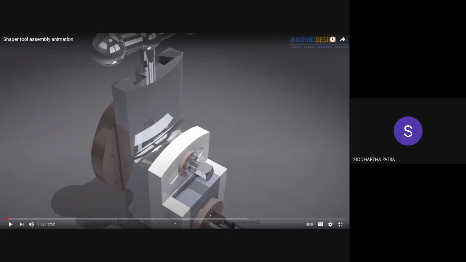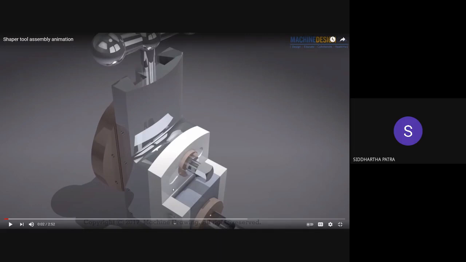Okay, now the swivel plate is attached to your drag plate, this gray colored component right there, and this drag plate is in a pin joint, or it is hinged with the swivel plate. So what does this drag plate do? It can rotate about this horizontal axis relative to the swivel plate. Now why is it required?